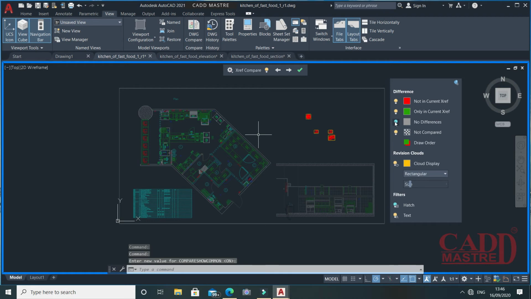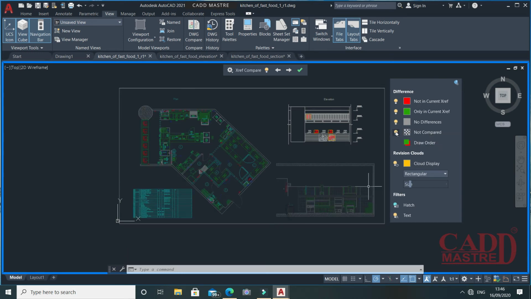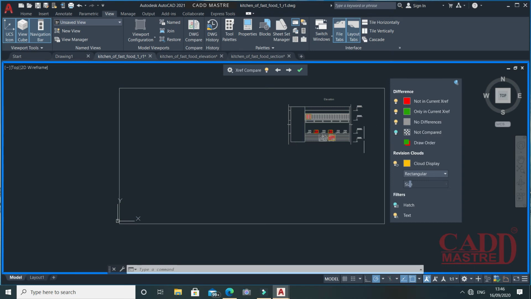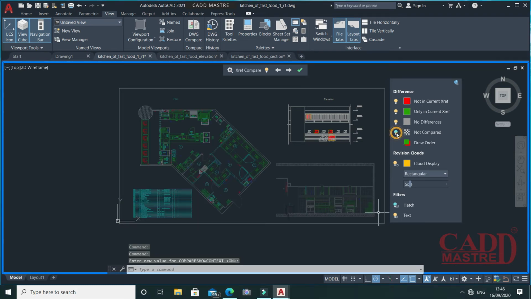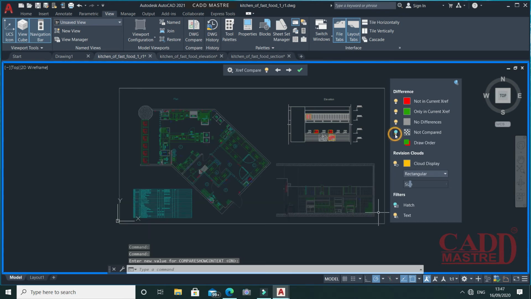So as you will find, apart from these changes, we haven't made changes in the other drawing. So this is shown as not compared. Only this elevations file has been compared. The rest of the files are not compared, so they disappear from this drawing.